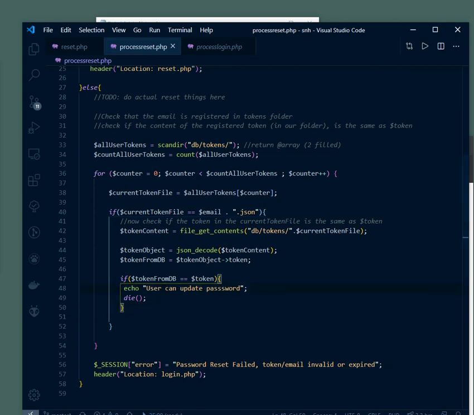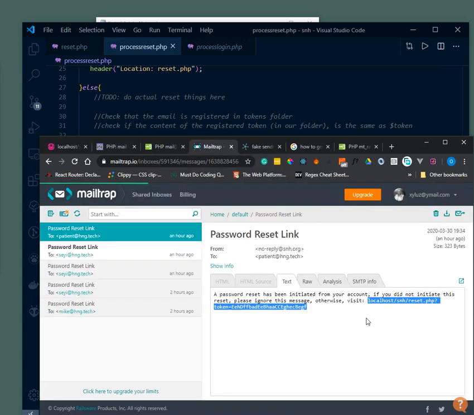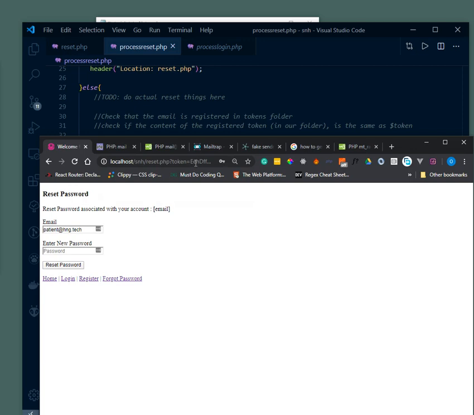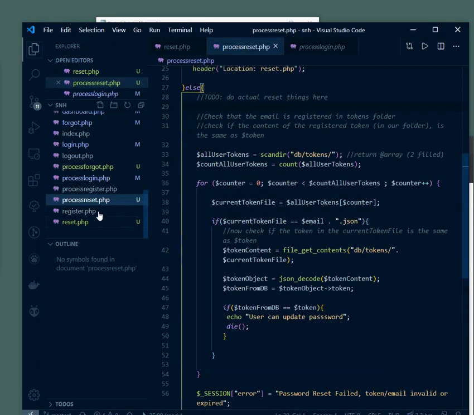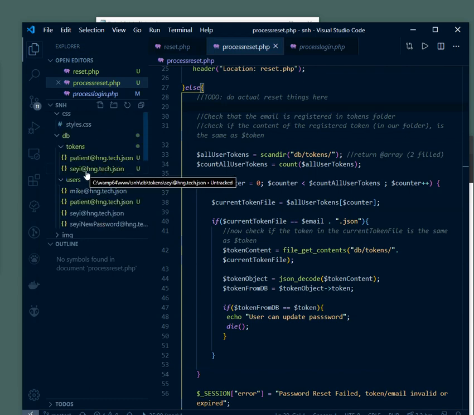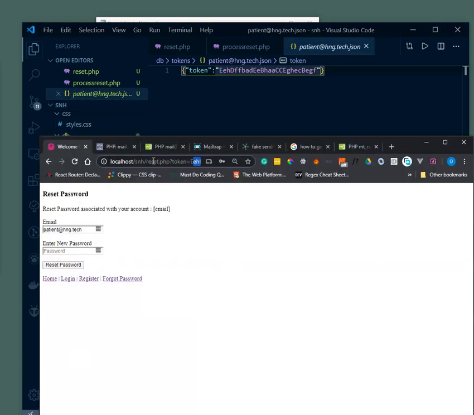So let's go back and try it out. I'm going to refresh and it says user can update the password. So let's go back. I need to be sure that it works. We're going to try to use another email that is not associated with this token. This particular token is for, I believe, patients. Yes, that token is for patients. So we'll try to do for Shay